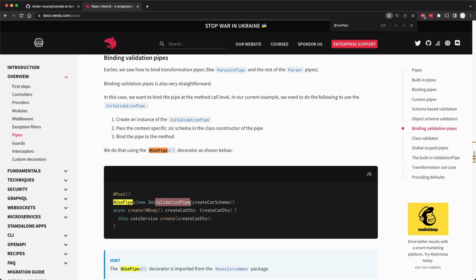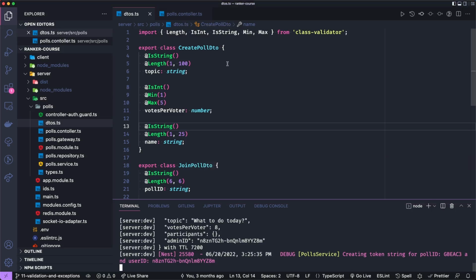Now, I don't think they were supporting this pipe when I made this tutorial, or I didn't know how awesome the Joi library is. It's very good for validation, much better than what I use at my job or what we're doing in this tutorial, in my opinion, or at least for more advanced scenarios. Okay, let's put that talk aside now and let's go to our polls controller, and then we will decorate it